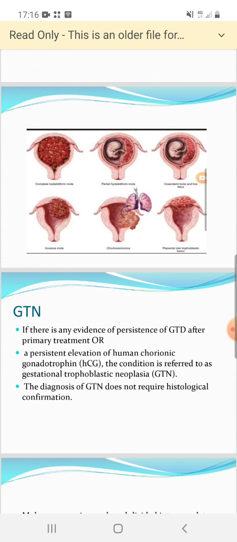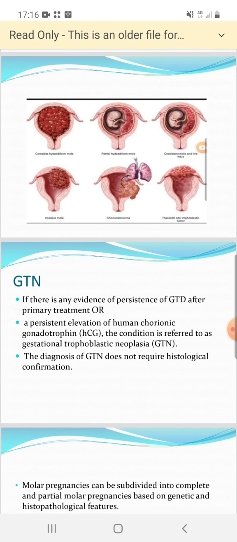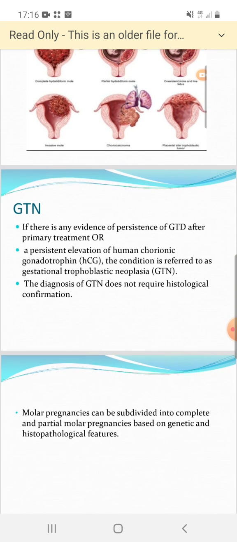Now, there is a difference between GTD and GTN. If there is evidence of persistence of GTD after primary treatment, or persistent elevation of HCG, the condition is referred to as GTN. The diagnosis of GTN does not require histological confirmation. It requires only beta HCG. Now, I will give you an example. If a patient has a complete molar pregnancy and there is no persistence of beta HCG in the follow-up, with the level declining, this is not GTN. This is GTD. If they have persistence of high beta HCG in the follow-up, or like choriocarcinoma, PSTT, and the other diseases,